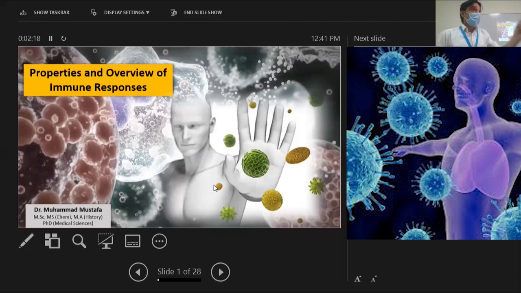As I explained earlier, in this particular course, Molecular Immunology, we will try to stick with one particular topic, and we will try our best to explore all the aspects of molecular immunology as much as possible. We will start from the very basics: what molecular immunology is, what is meant by the immune system, what the components and members of the immune system are, and then we will start exploring the function of each of the components of the immune system. We will not stay here. We will go further down and try to investigate and learn the molecular mechanisms behind the functions of the immune